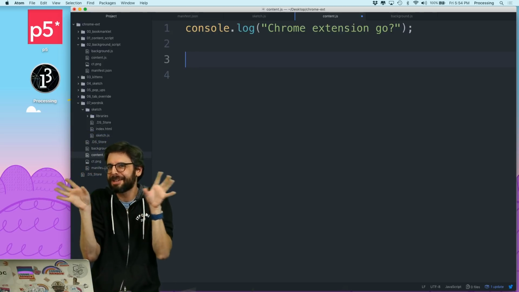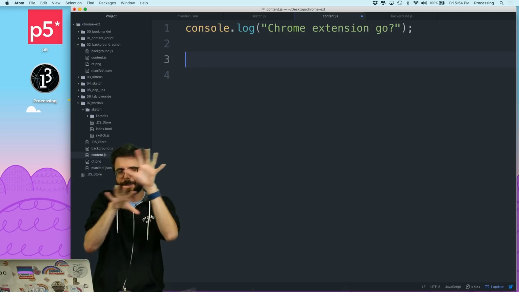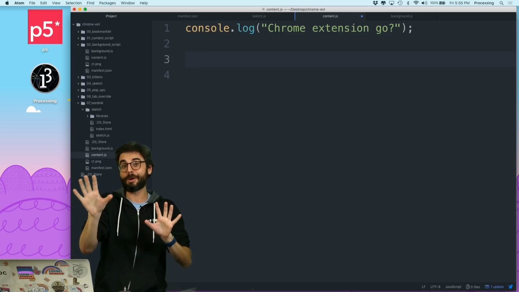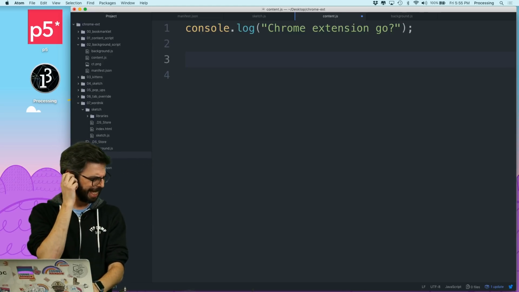I'm going to still do this in a ridiculous way because I want to show you some other pieces of how you can have the background and the pop-up talk to each other, but that is a better way to do it. You should fix my code after I'm done. So the first thing that I need is